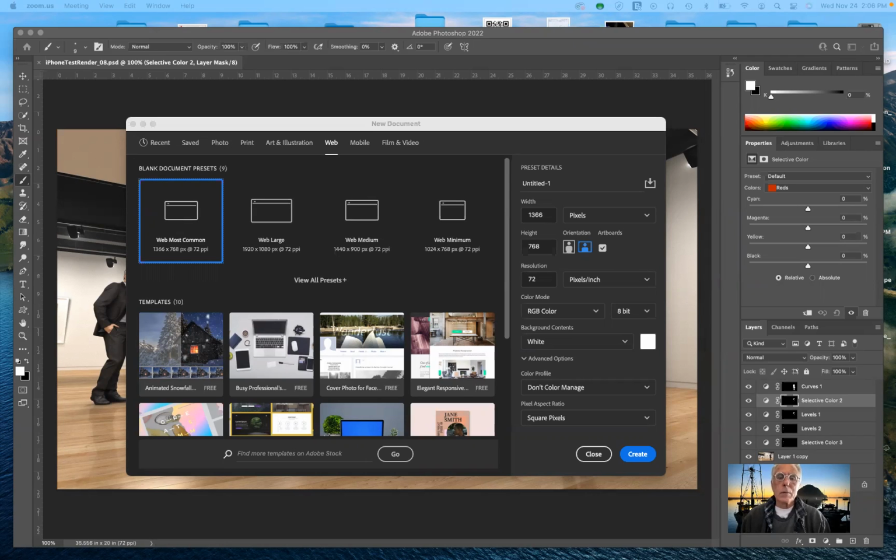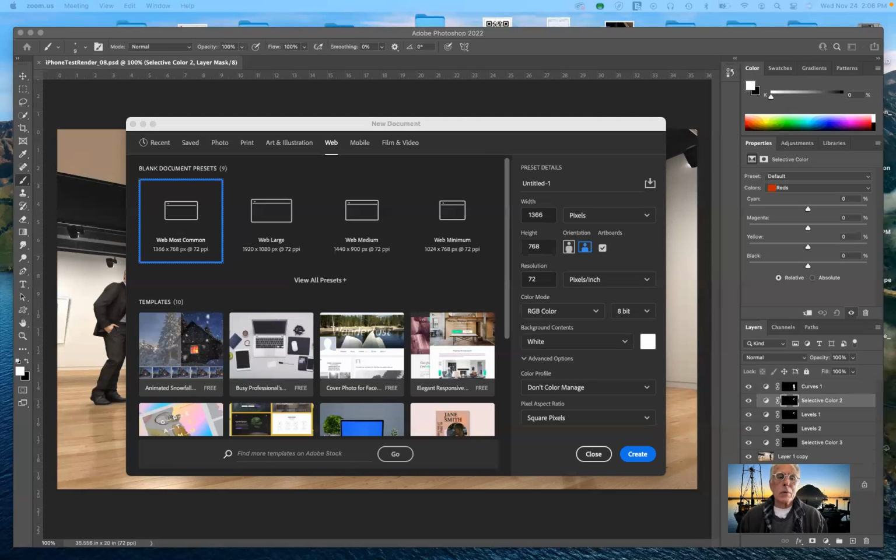Today, what I want to do is to cover preparing Photoshop images for the web. In addition to the web, you may want to use them to send to somebody by way of email or compress them in some way so that they don't take up quite so much space. But especially if you're working with files and preparing them for your web page, it requires a different attention, different